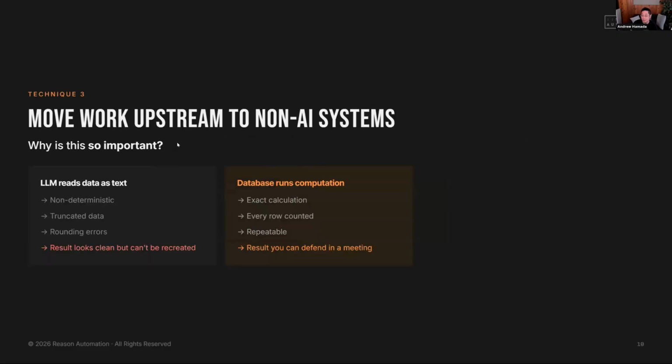So why is this so important beyond the actual capabilities of expanding the context window and moving work outside? Here's a huge reason. LLMs read all of your data as text. And that means that it is a non-deterministic view of analysis. And for anybody who is not neck deep in analytical jargon like I am, determinism versus non-determinism is basically referring to whether you're looking at